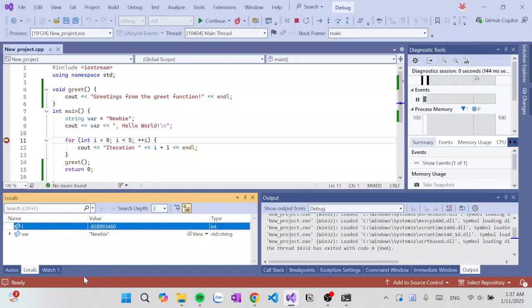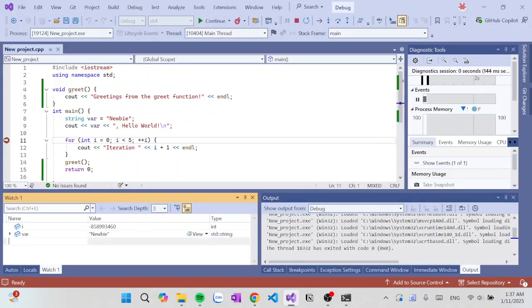The next is the watch window. Here we have watch 1, and for sure you can add watch 2 or watch 3. It allows the user to manually add and track specific variables here. So I just need to add an item. For example, I insert var, then you guys see I type in var, and now the var variable is being tracked. So that is what the watch window is used for.